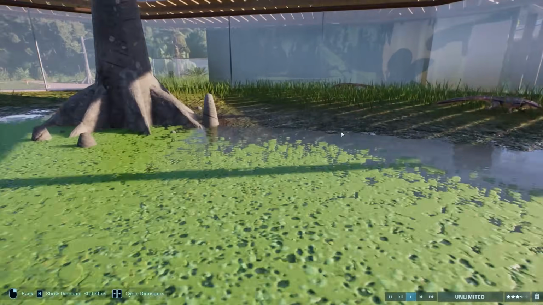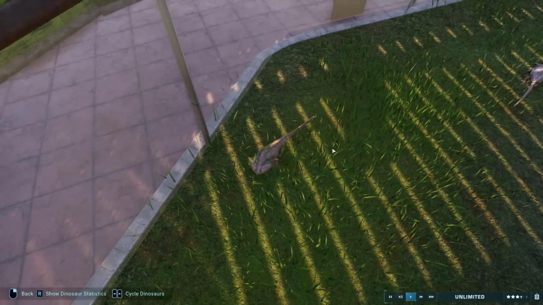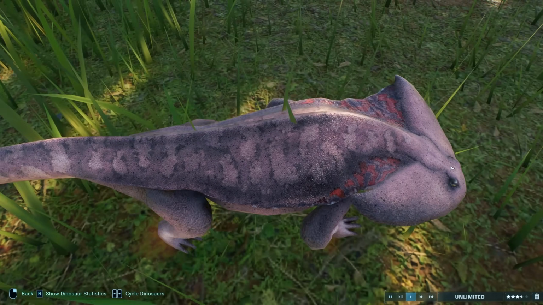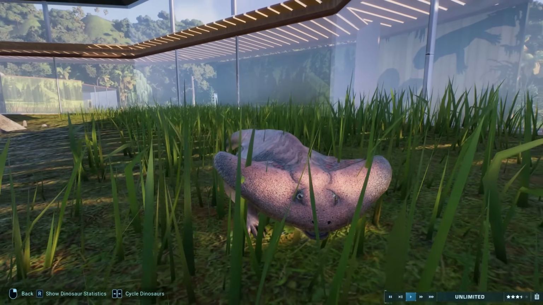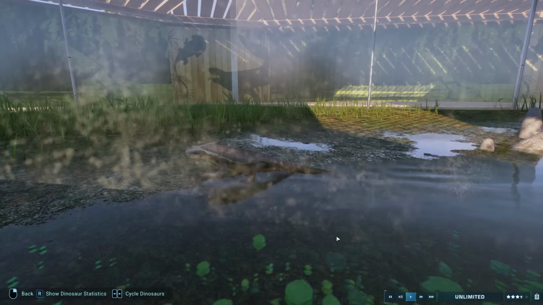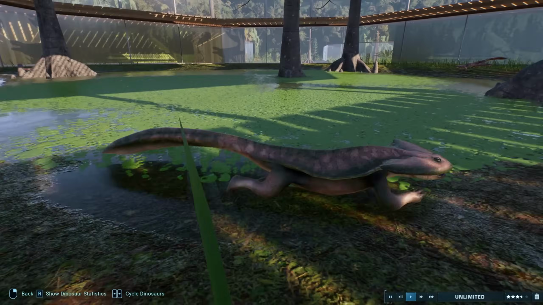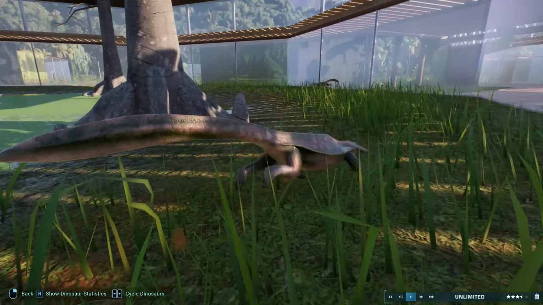That long tail as well. Really nice patterning as well, these kind of details. And then there's a little bit of splodging of colour there just behind the head. Very, very interesting. And rigged really well, considering its size and everything like that. I'm surprised it works as well as it does, considering the uniqueness of its body shape